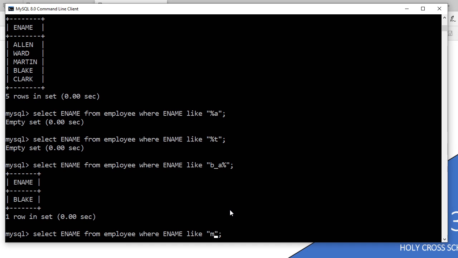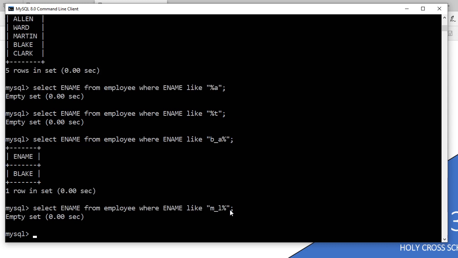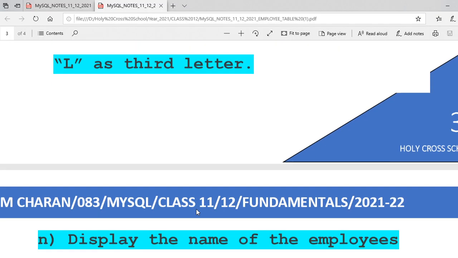M underscore underscore L, then percentage. That is the query: M as the first letter, L as the third character, and then any length. It is also coming empty set, so nobody is there like that. Okay, next one.